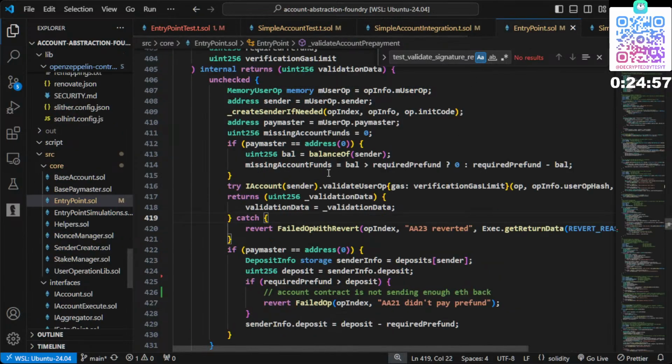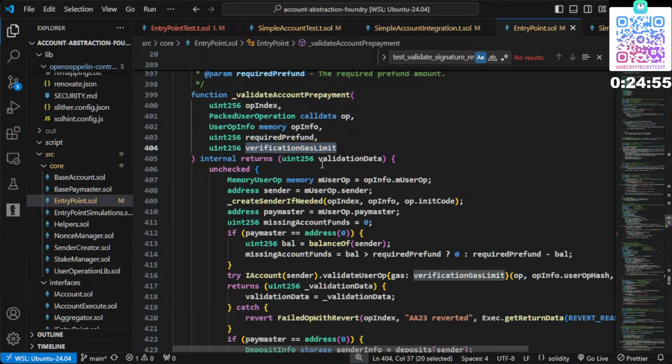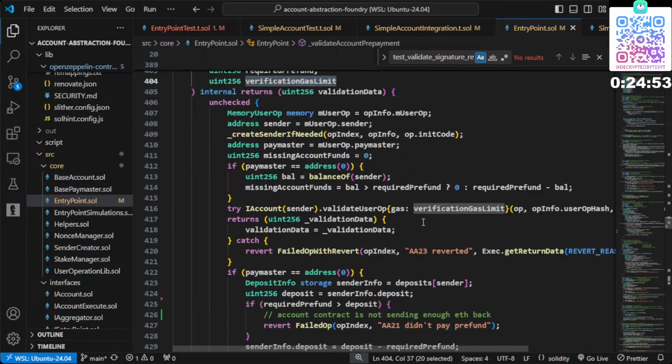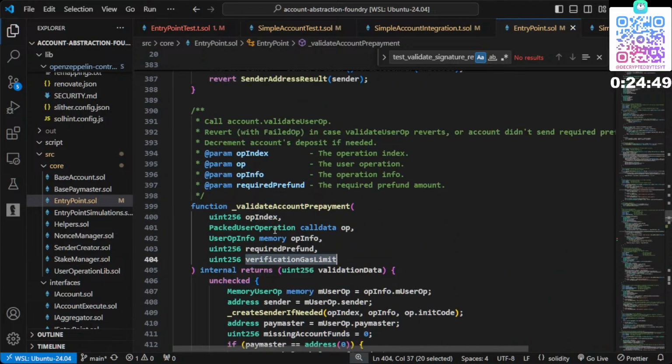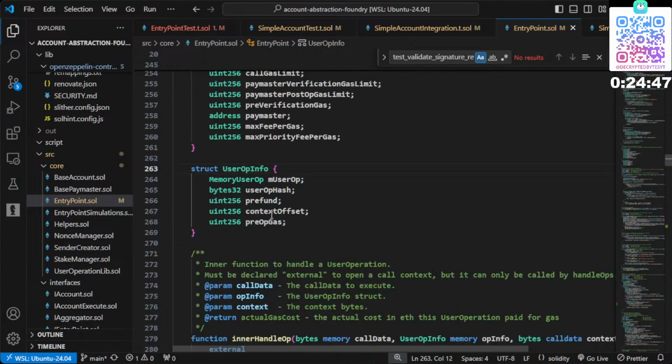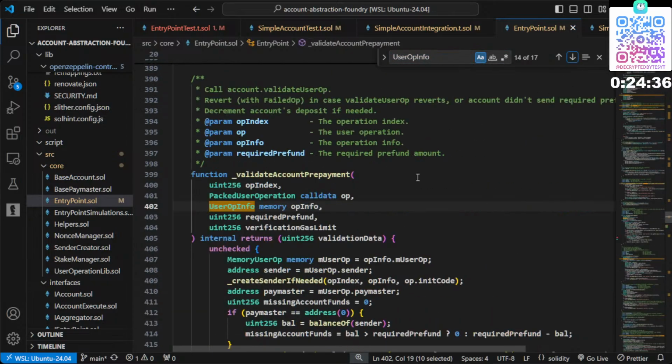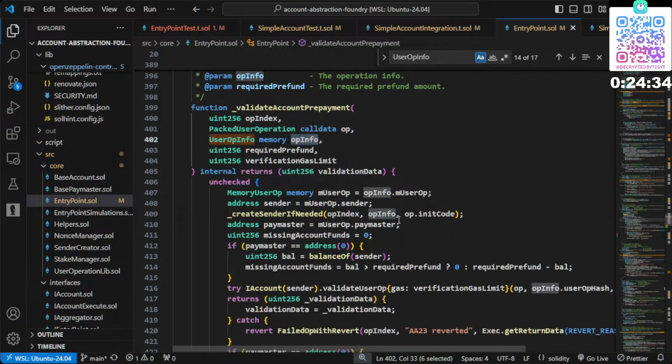We need to go entry point. Sorry, I'm looking at the wrong thing again. Okay, let me go down. Forget what I said in the previous thing. So op info,